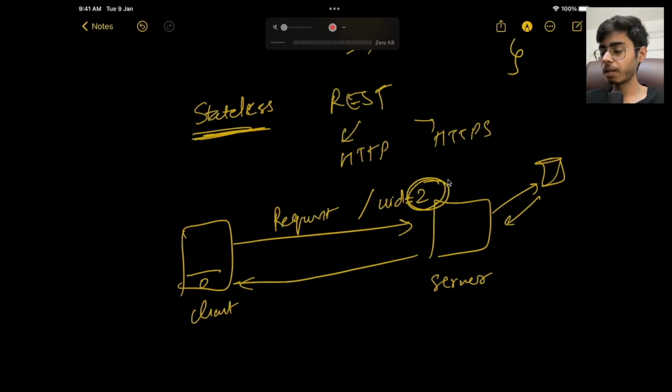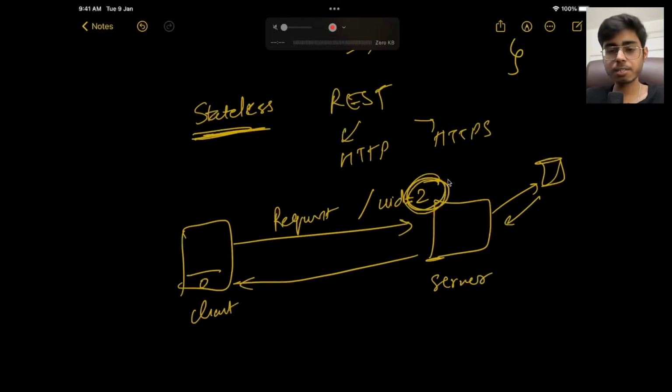But after that, the server does not remember it, right? The server will forget. The server will not be saving this state that, hey, Akshit asked me for accessing the user ID data. No, it is not at all maintaining the state. It is a stateless entity, right? So the servers, or representation state transfers, like REST servers or HTTP servers, they do not maintain state, right?